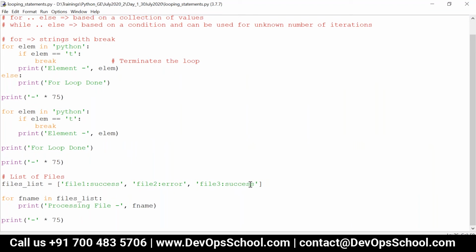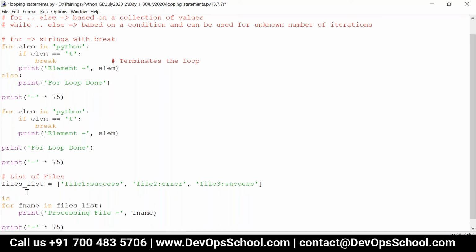Now I'm just going to have a temporary variable, is file processed is equal to 0. Now I am going to check whether this particular string contains error or not. I can use the membership operator, that is, I can say if error in f name.